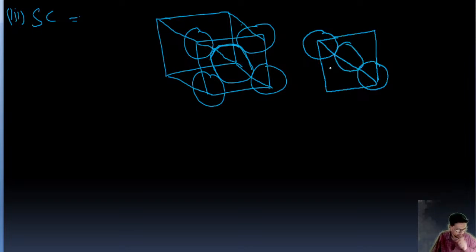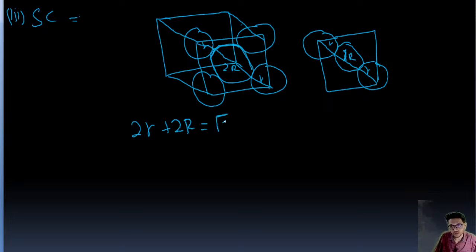This is R, 2R and R. This is 2R, this is R, and this is R. Simple. So from the figure you can see 2R plus 2 capital R is equal to root 3 A. Now for the SC crystal we know,